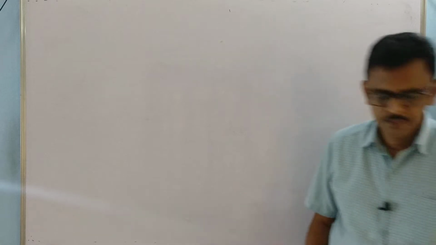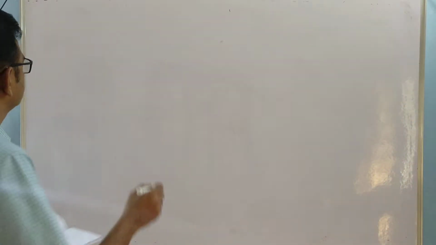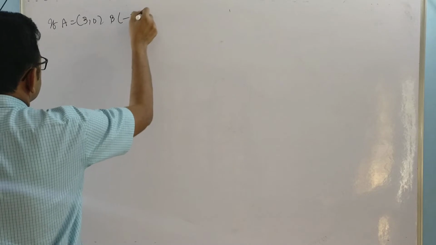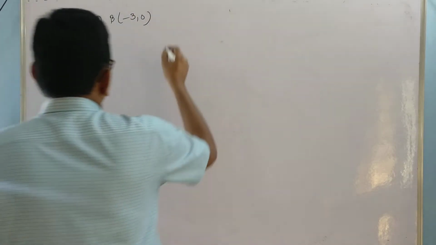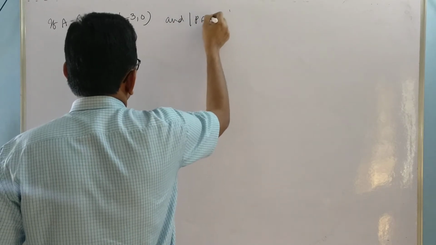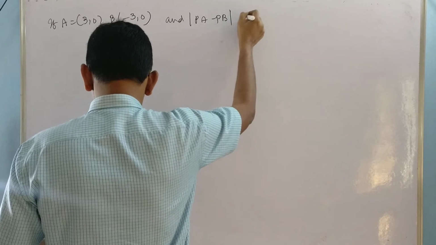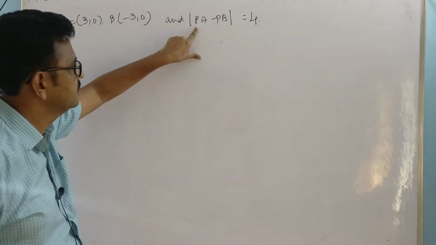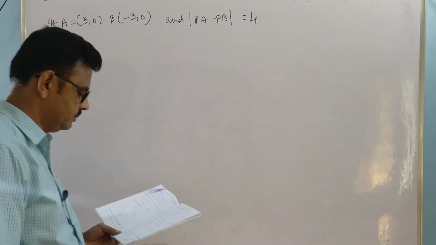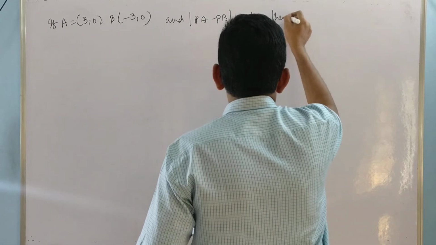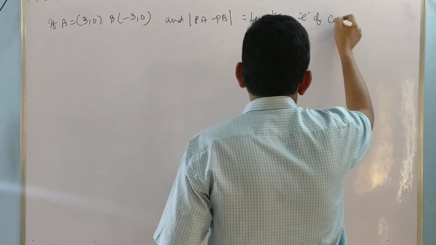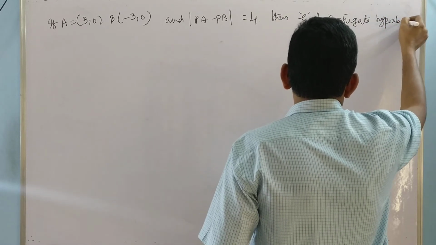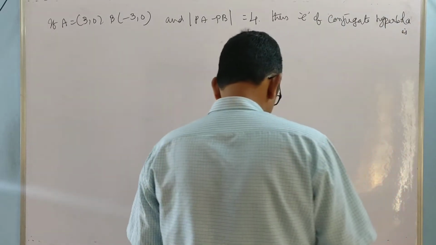Next one, if A is (3, 0) and B is (-3, 0), and mod of PA minus PB is equal to 4, the locus of the point P such that mod of PA minus PB equal to 4, then the eccentricity of the conjugate hyperbola. The eccentricity of the conjugate hyperbola is